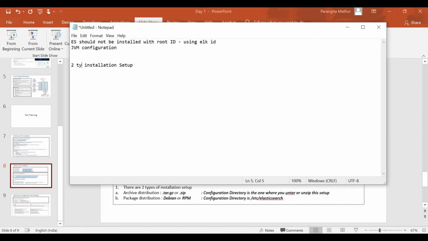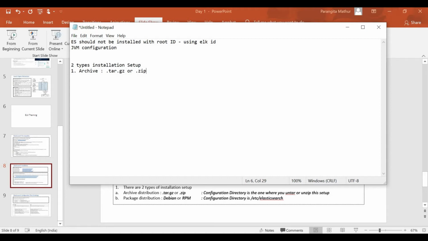I should write two types. One is archive. What are the packages that come under this archive? The tar.gz package or the package with the extension zip. These two are known as archive distribution.